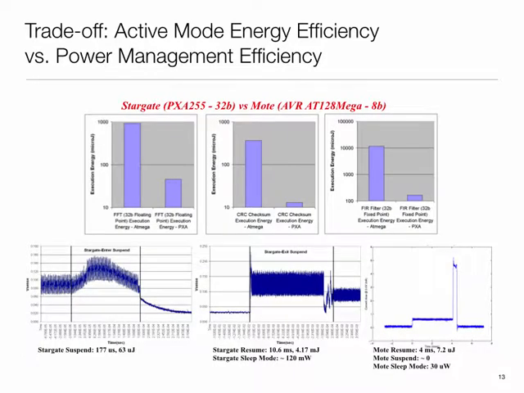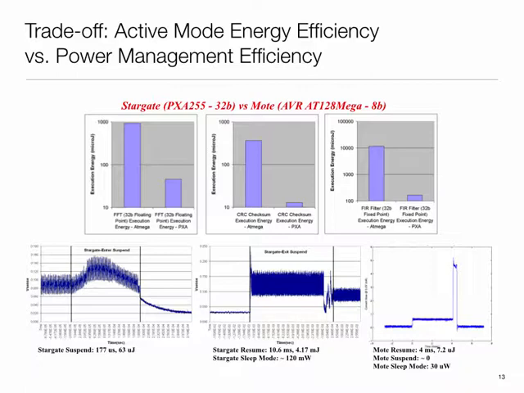So the trade-off that comes at this level is, as I mentioned, active mode energy efficiency versus power management, as in the rapidity with which you can go to sleep or come out of it. Just to give you an example, these are a little bit old choices of processors, but since I have the data, they make the point. What I'm comparing here is a 32-bit embedded processor, an ARM processor of around 10-year-old vintage, and an 8-bit microcontroller.